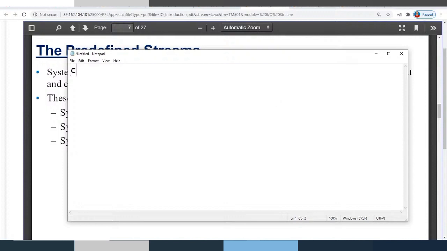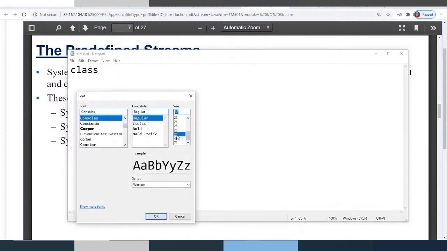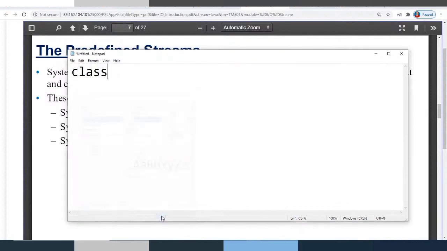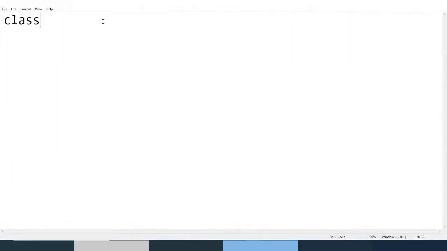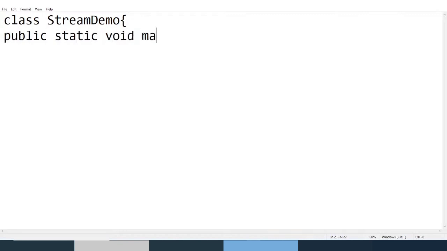So let me just, I hope my screen is visible. Let me increase the font size. Okay, so I'm just creating a small piece of code for demonstrating this. So class StreamDemo, this name is from the manual itself, and then I'm creating public static void main, and then the String argument,